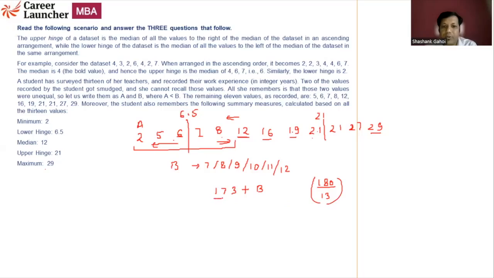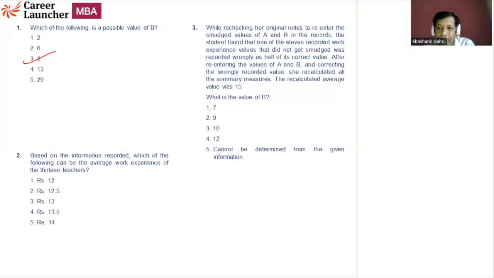So even if I take this one, 13 squared is 169. So 13 plus (4 plus B) upon 13. So anyhow, B is greater than 7. So (4 plus B) upon 13 is definitely going to be more than 0.5. So my average is anyhow going to be greater than 13.5. So it should be greater than 13.5. And how many options do we have that are greater than 13.5? So that's 40.